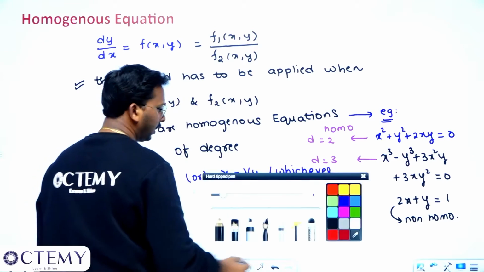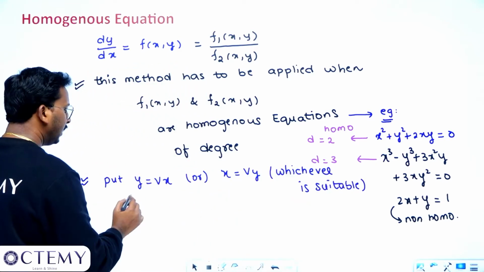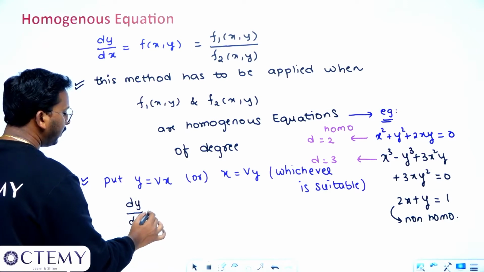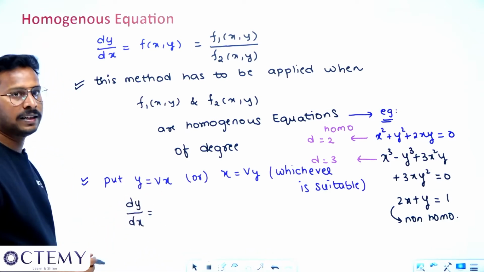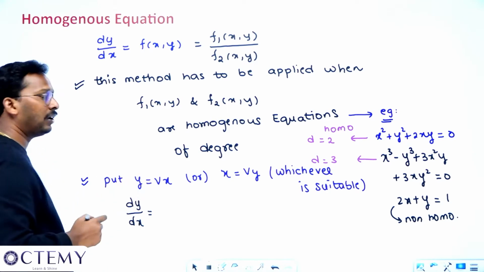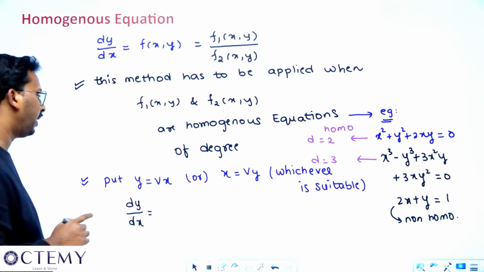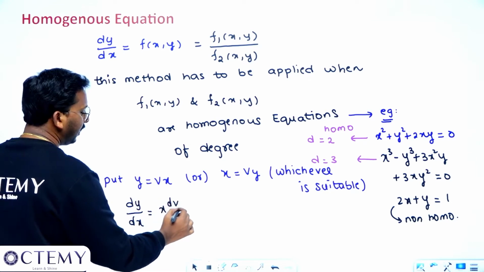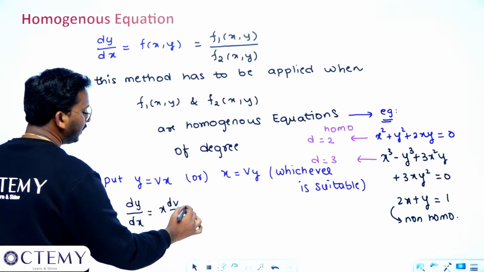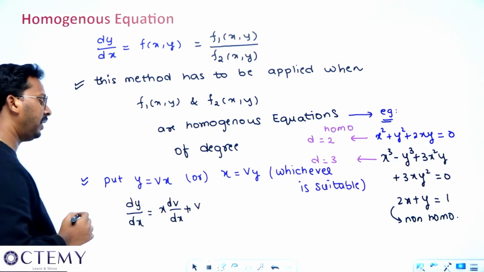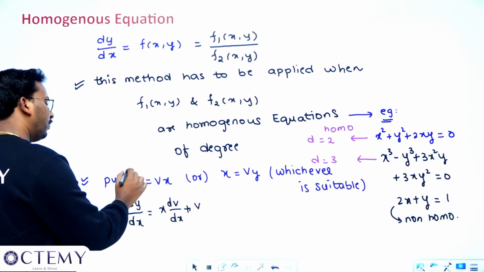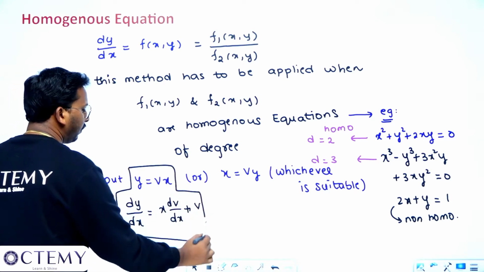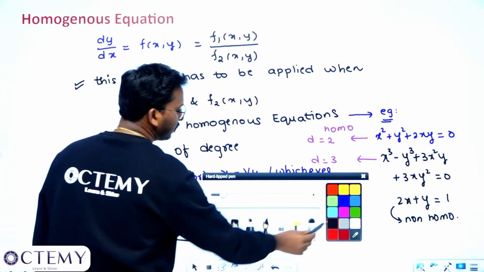Then what do you do, sir? If you put y is equal to vx, then what will your dy by dx become? Here v and x are both variables, and v is a dependent variable like y. So you will get dv by dx times x if you keep x constant, plus v times dx by dx if you keep v constant. You put y is equal to vx and dy by dx equal to this. Or you can do it like this also.